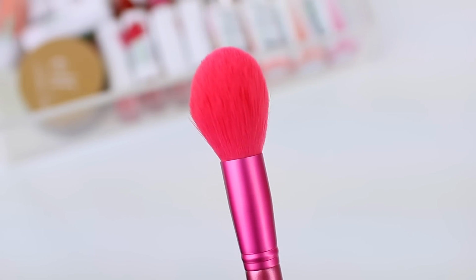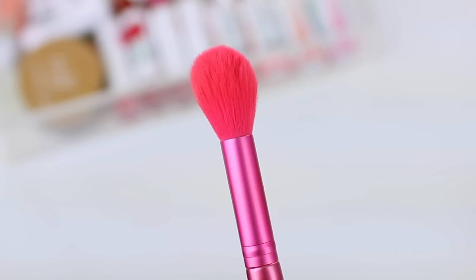You could also use it for cream cheek products like bronzer, blush. There is a large powder brush, which is great for setting your foundation into place. You can use it as a bronzer or a blush brush as well. And then there's a smaller tapered powder brush, which is great for under the eyes or highlight. There are 2 eye brushes. One is a